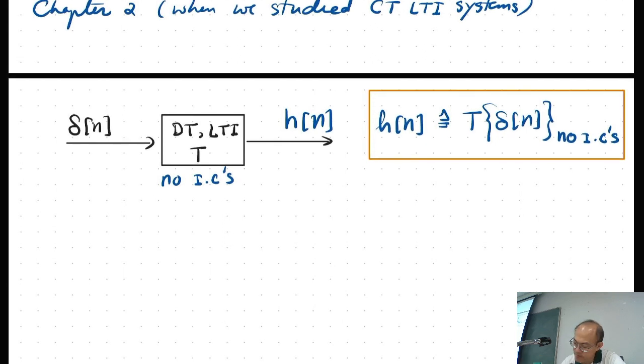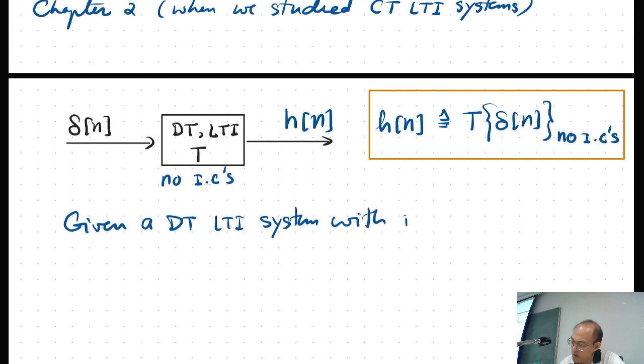So, given a discrete time LTI system with impulse response h of n,